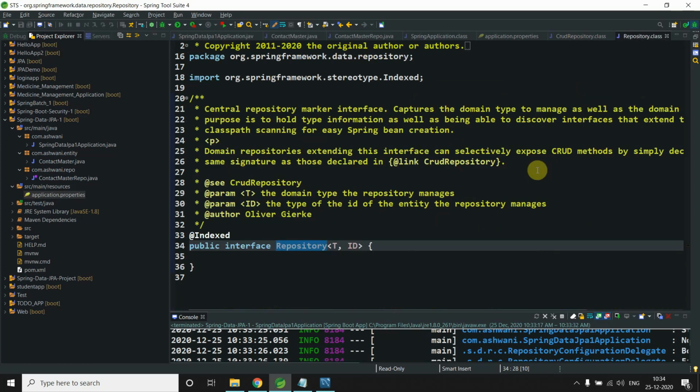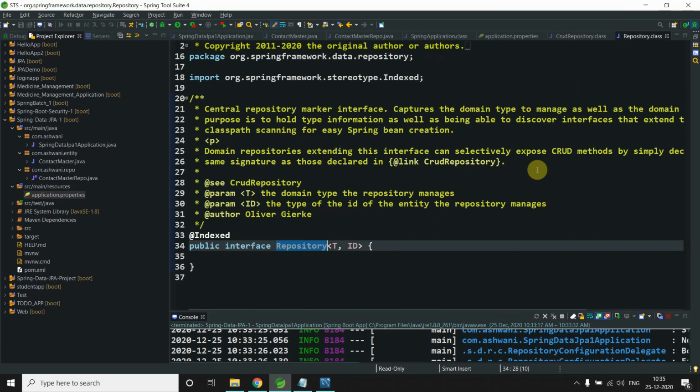Then why we are using this? First question in mind: if it doesn't have any method, why are we using this? If you know Java, yeah, I know you're all champs. So this is a marker interface, we don't have any method.